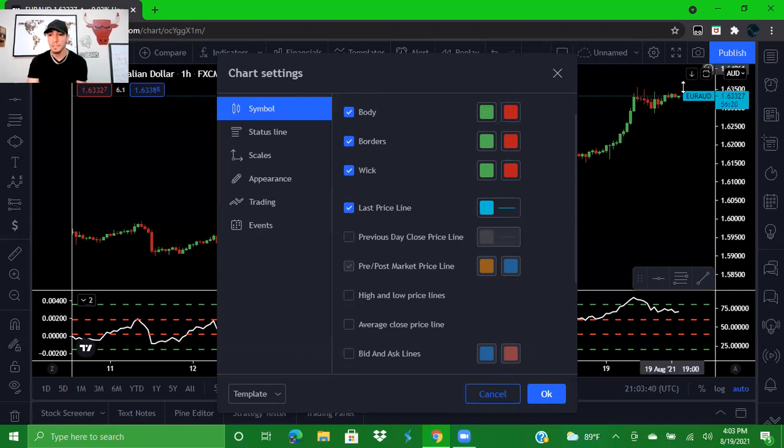So right here is our last price line, okay? So no matter what, even if I'm in the market or not, this is going to tell me exactly where the last price line is, okay? So make sure you have that a bright color so you can always see that and tap into that when needed, okay? Now, last but not least,